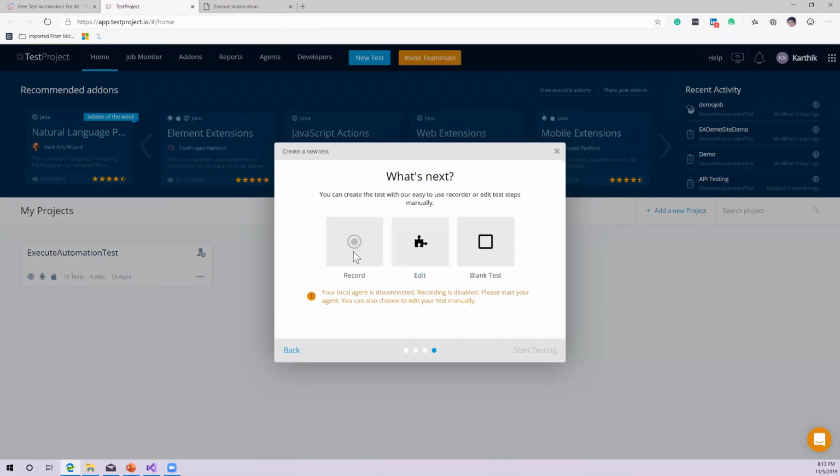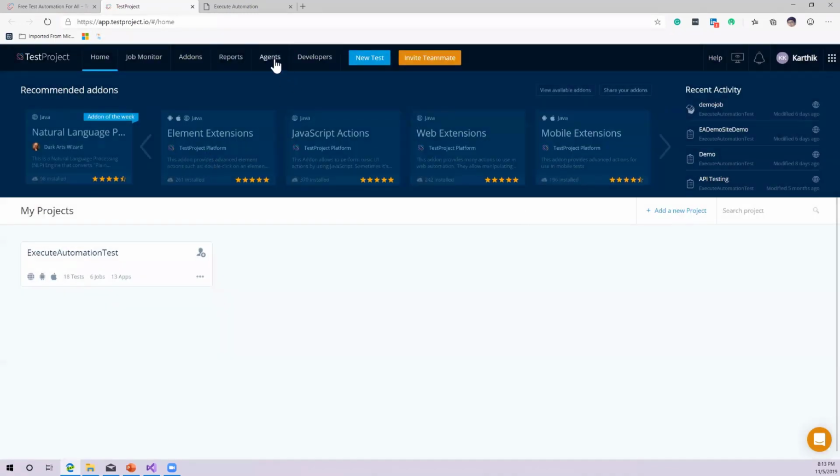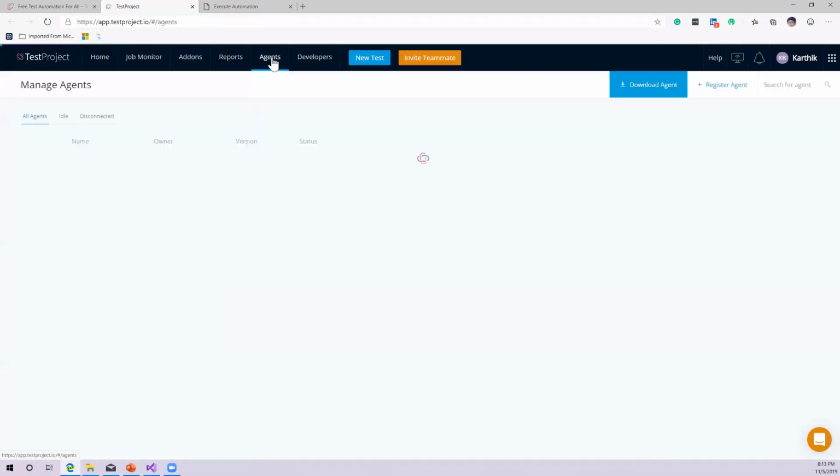Once you see this recording screen coming in, it says that your local agent is disconnected, so recording is disabled. So this is where the setup actually comes in. Because you're going to do the recording for the first time, you will not have the agent installed. So you can go to this particular agent tab in here. I'm just going to quickly close that. And once you click this particular agent,